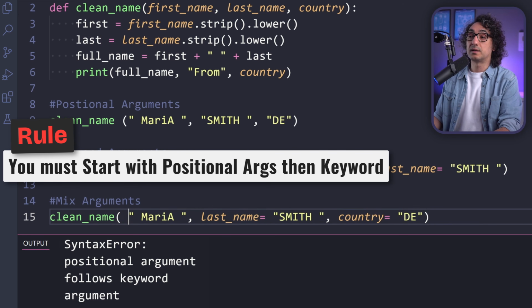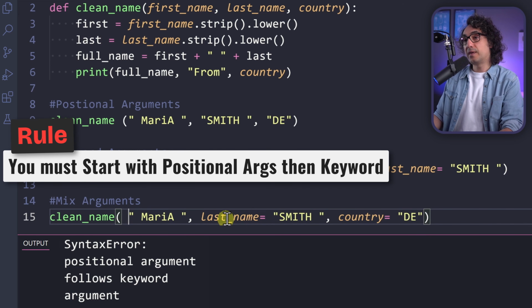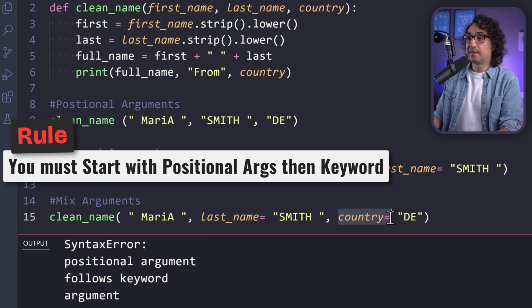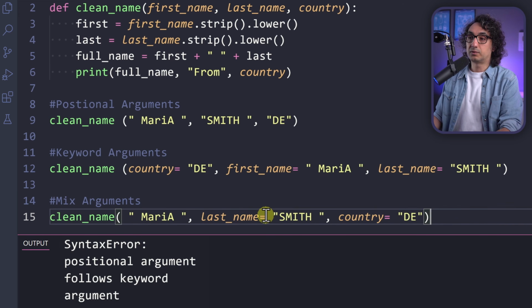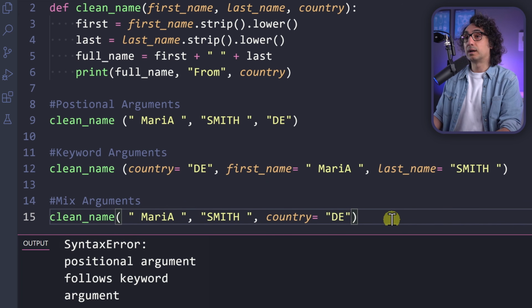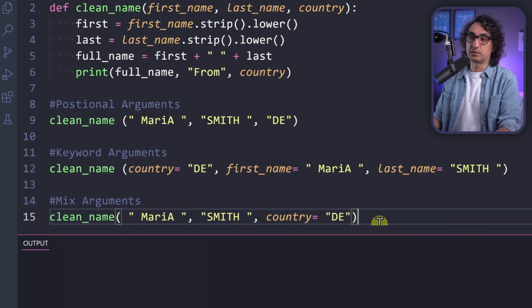You always have to start with a positional argument and then the keyword argument. And of course you cannot alternate between them. So you start with positional, keyword, and then the last one you go back to the positional. You will get an error. So the rule is very strict. And of course you can start with two positional arguments and only the last one is a keyword. So this is of course totally fine.